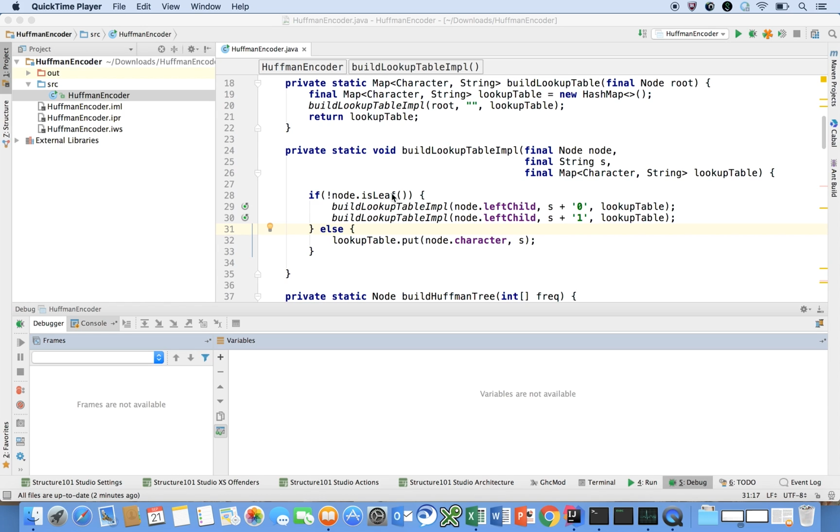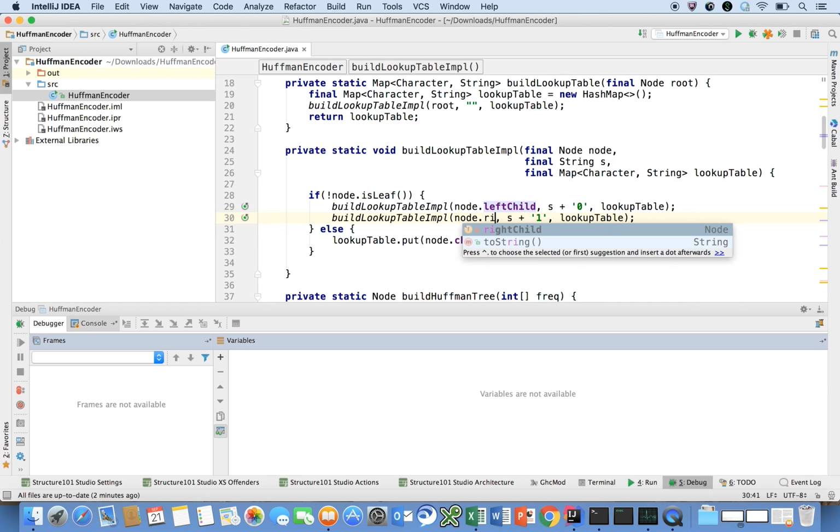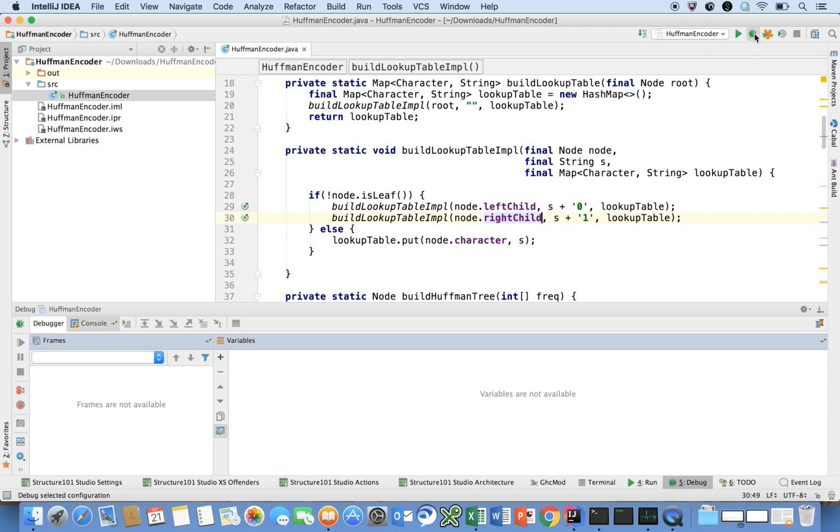Alright, so I found the bug I was looking for. Notice here I say buildLookupTableImpl on left child and left child again. This should be right child. Okay, so if we were to run this again in the debugger,